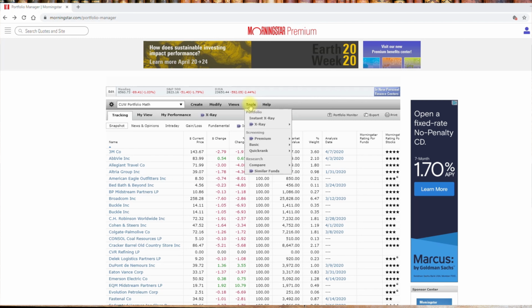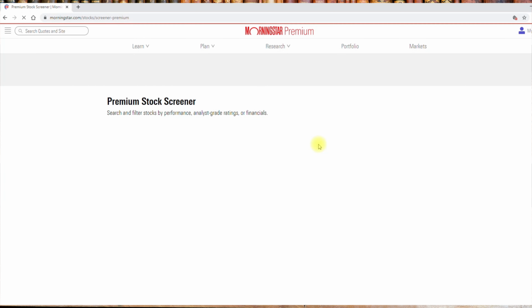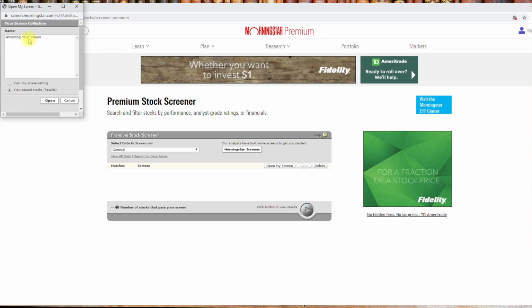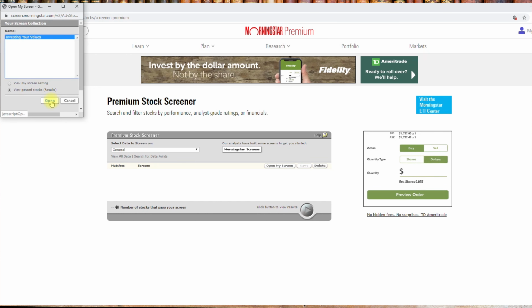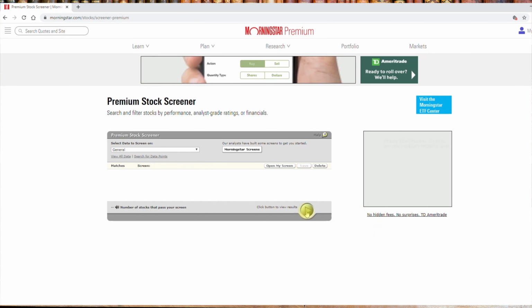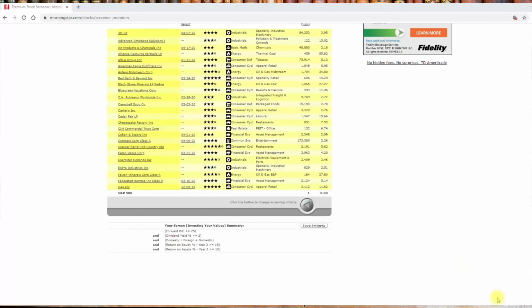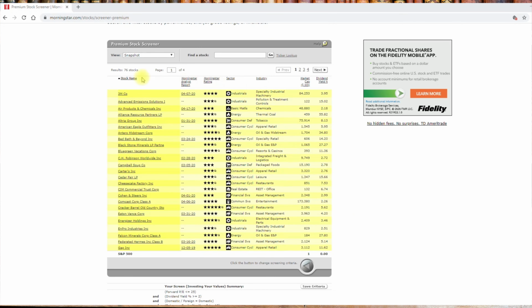Another part that is a fun tool to use is the screening tool. So here you have to have your premium screener, and you can actually create your own screen, and I've done one here that is pretty much based on the same information that I use for my Concordia finance students. In this example, the screen gave me 76 stocks listed,